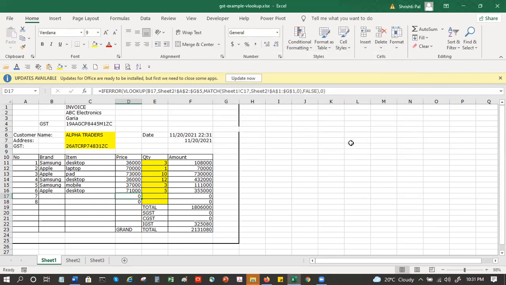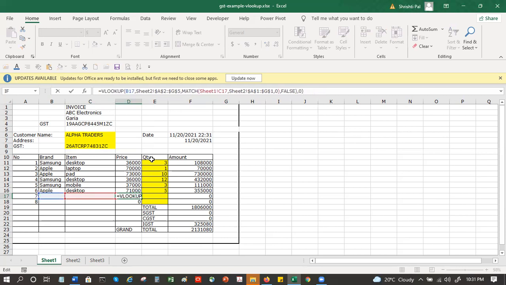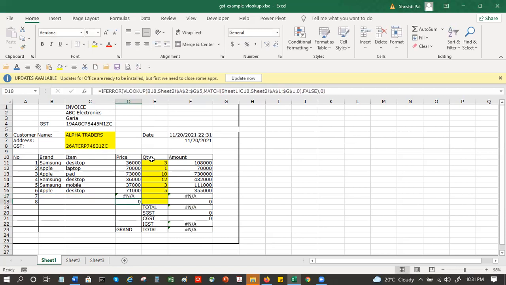So value if error, since it is already mentioned, you have chosen 0, which would be the fetch result if it returns an erroneous value. The problem with this is, if I don't use this and I put a VLOOKUP, it is still expecting a value there. It would show as NA. Then this one gets messed up, this one gets messed up, everything gets messed up.